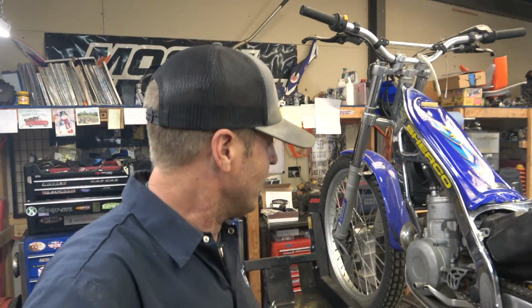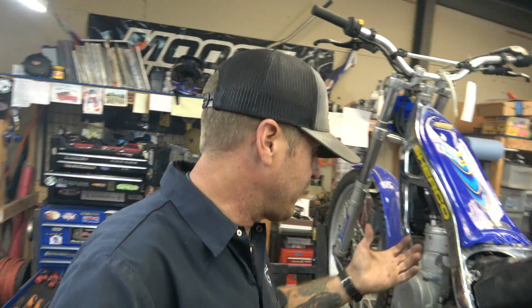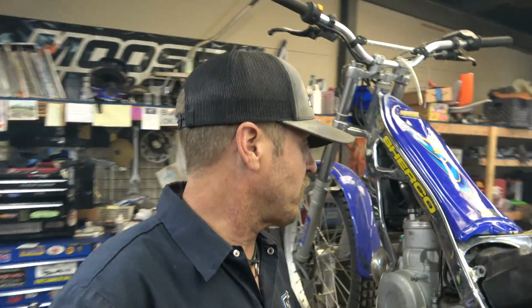Hey guys, got a Sherco here on the lift, and it's not a modern trail bike. It's an actual Sherco trials bike. We don't see a lot of these. I didn't film what I did because I just cleaned the carburetor. It wasn't that big a deal, but pretty cool little bike. It's a 290, probably 2.9, which is, anyway, classic European weirdness, but yeah, pretty cool bike. Just thought I'd show you guys,